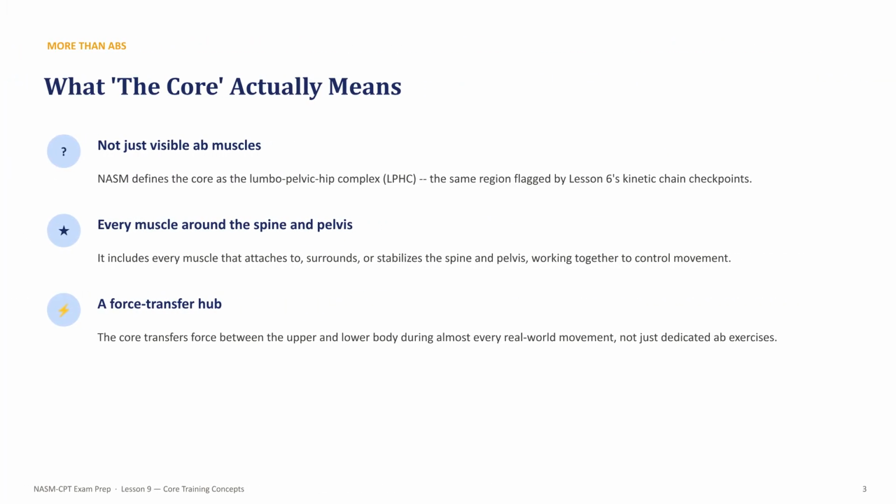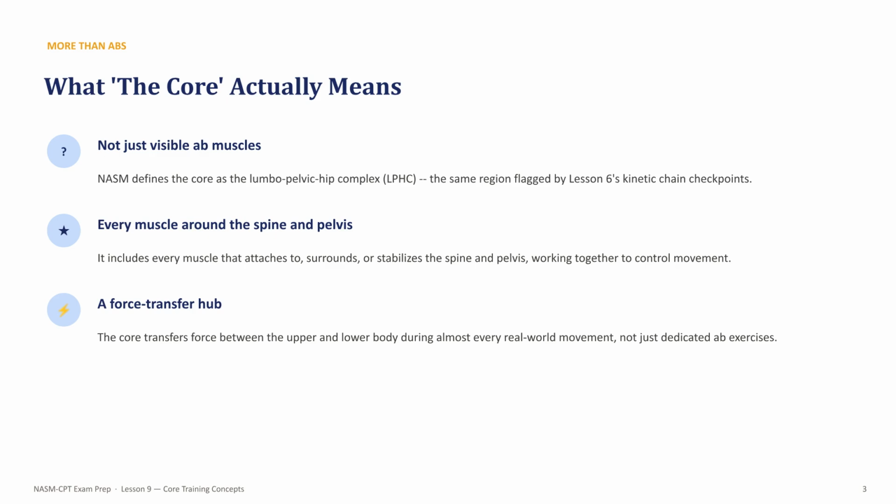Let's start with a question. What does core mean to you? If you pictured visible ab muscles, that's not quite how NASM defines it. NASM defines the core as the lumbo-pelvic-hip complex, or LPHC. This is the same region flagged by the kinetic chain checkpoints you already covered back in Lesson 6. The core includes every muscle that attaches to, surrounds, or stabilizes the spine and pelvis, all working together to control